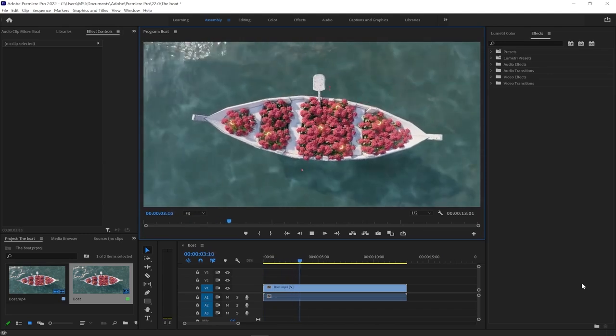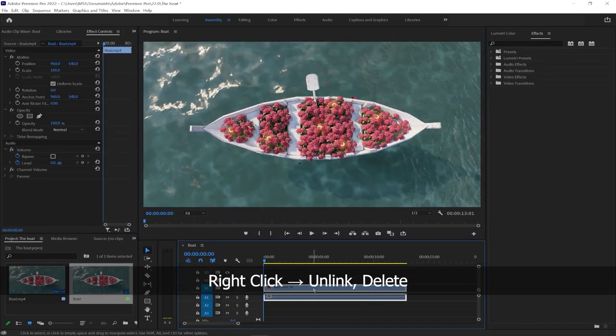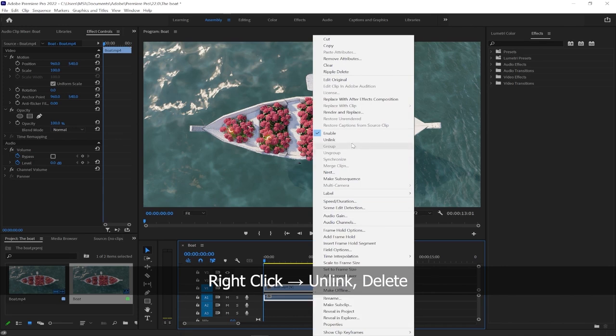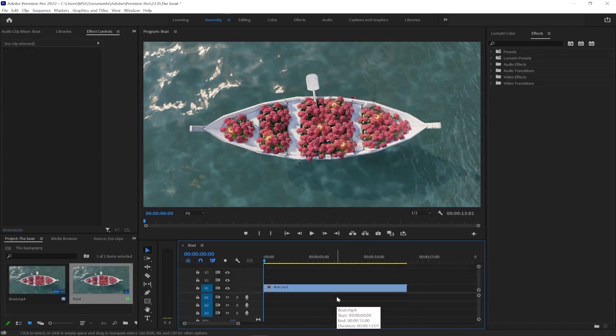Let's delete the audio first. Right-click on the mouse and link, then delete. Next, we are going to create the loop. To do so, go back to the beginning of the clip, zoom in,